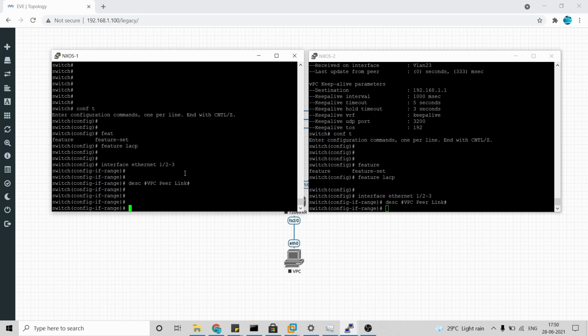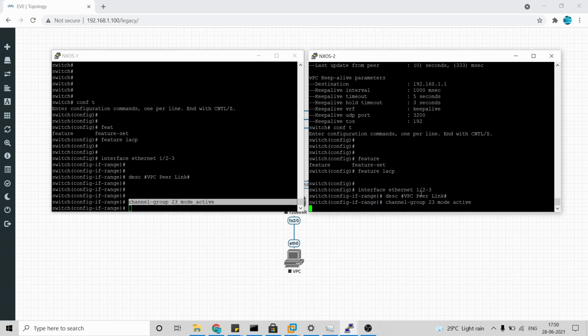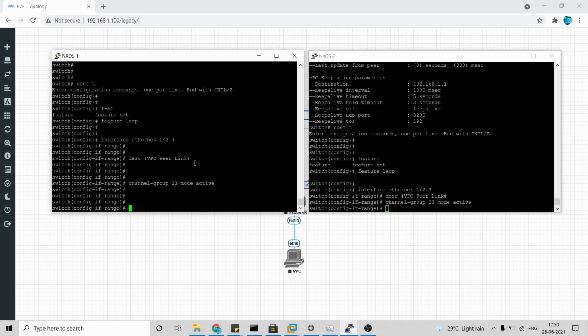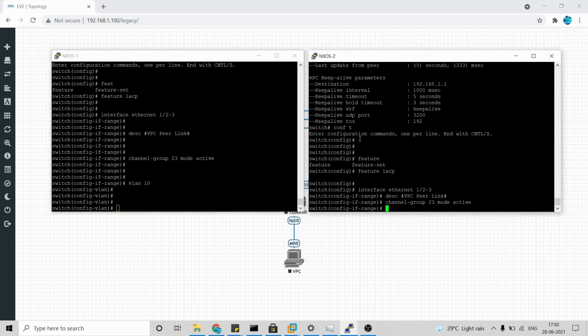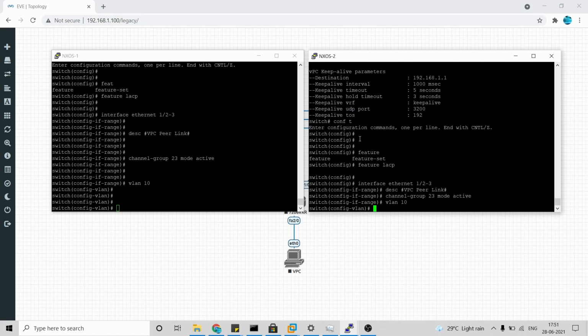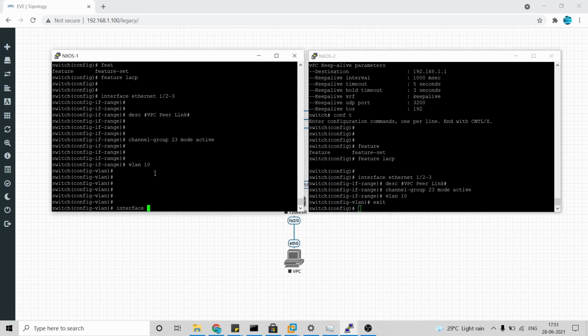Now we'll have to configure a channel group. Channel group is nothing but a port channel configuration. So we are going to put this as mode active, so it will be actively searching for the next port. We'll put the same command there as well in parallel. And once that is done, I'm going to create a VLAN 10. So any guesses why I'm going to configure a VLAN 10? Yep, you're right. I'm going to allow VLAN 10 between the VPC peers. I'll tell you why we are doing this. I'll just show you in a minute. We'll first finish the configurations.